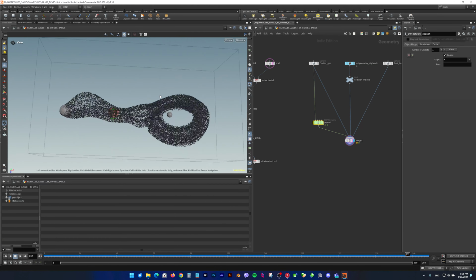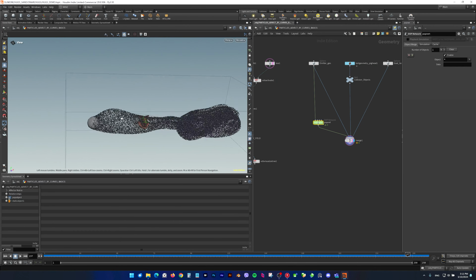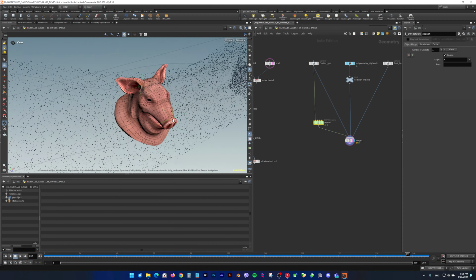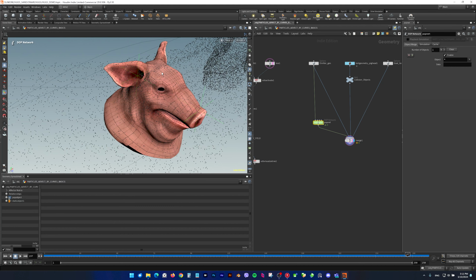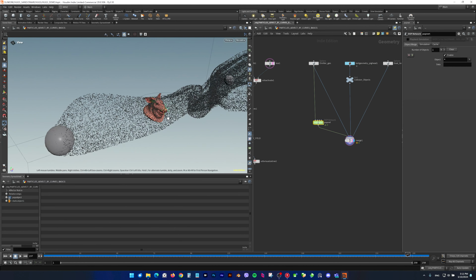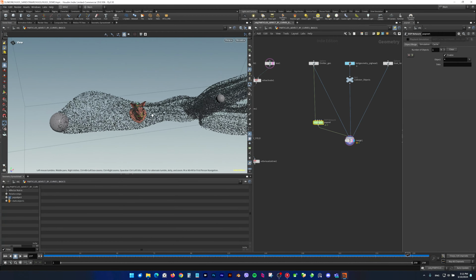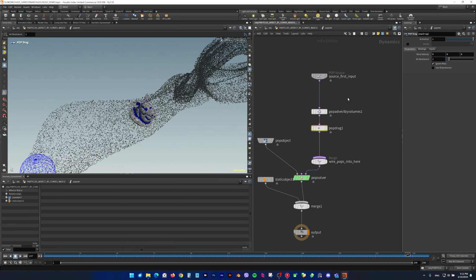What we can do, depending on the art direction that we've got, is decide what the particles are going to do on the micro level. At this point, we have just a collision with the pig head, and the particles only collide with each other. What we can do is add some more forces to further improve the motion on the micro level,